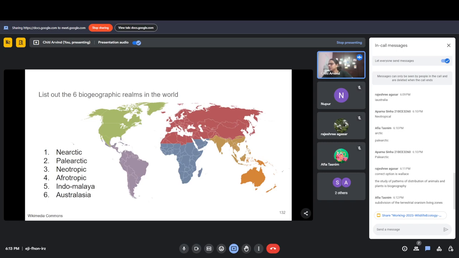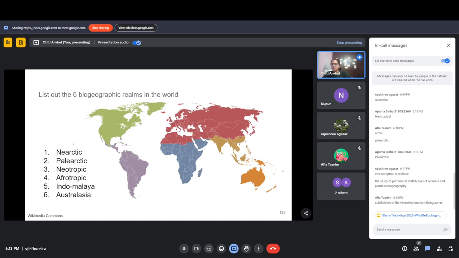How many biogeographic realms can you see out here? Well, actually, there are two that are missing. One is Oceania, which comes somewhere near, let's say, Australia, above Australia. And then there's another one that is called the Antarctic, which is right at the bottom. Right? So, to answer your question, there is actually an updated version, and that updated version came in the year